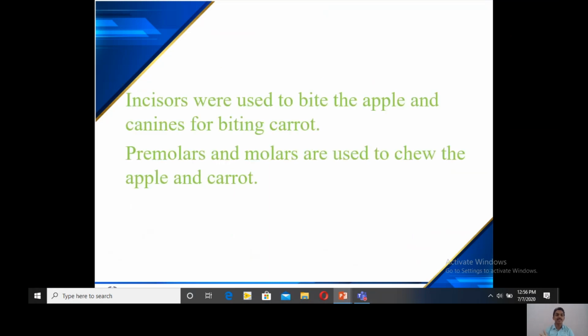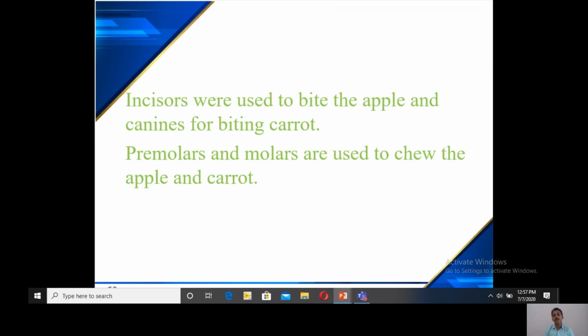Incisors will be used to bite the apple and canines for biting the carrot. So you will find that when you eat these two, apple and carrot, incisors were used to bite the apple and canines for biting the carrot.